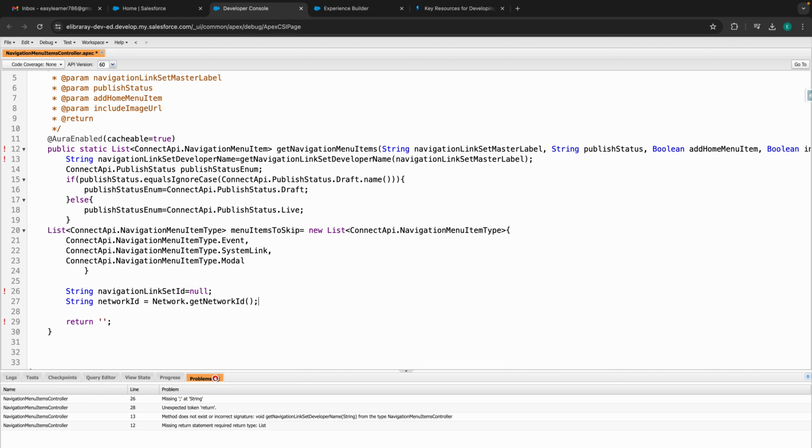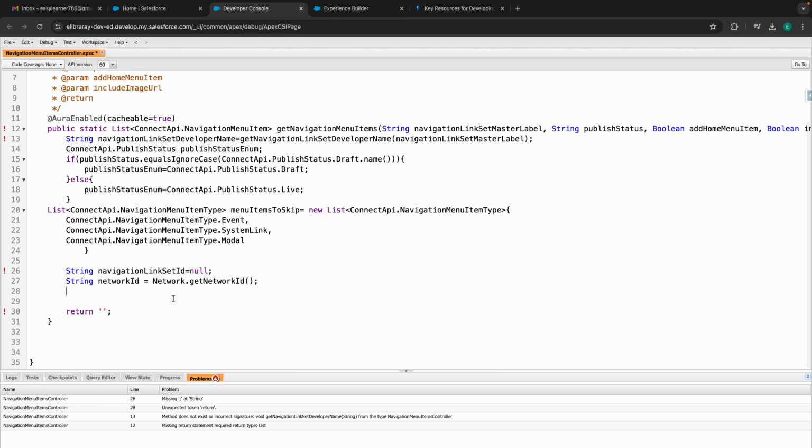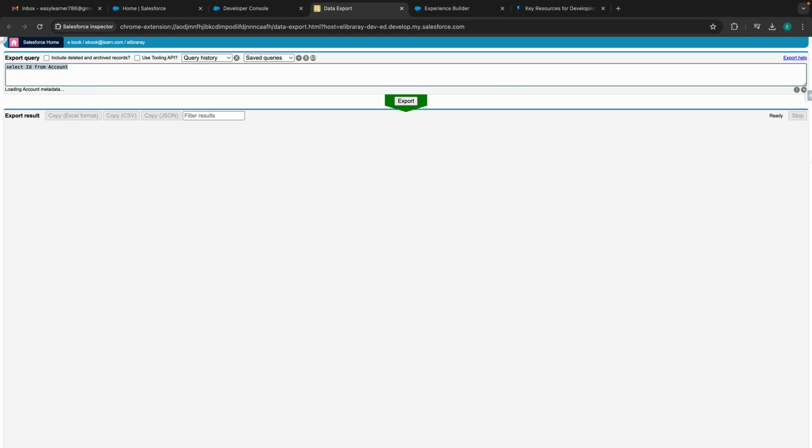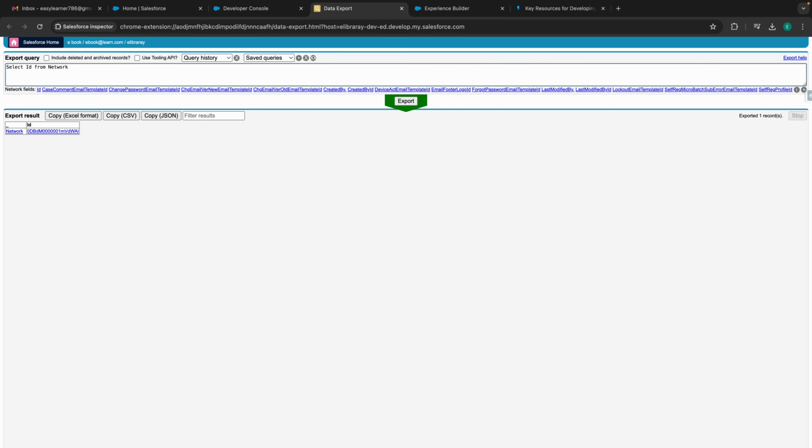Put it network.getNetworkId. All right, so this is the method which we can use to retrieve it. You can also check it from the data export. Select id from network. I don't think it will show because our site is not active, I think. Okay, it did. Name,